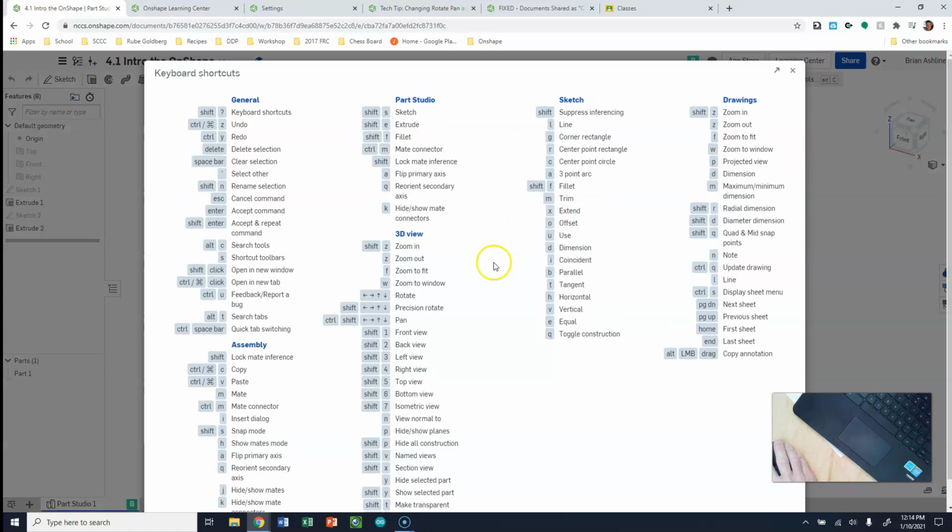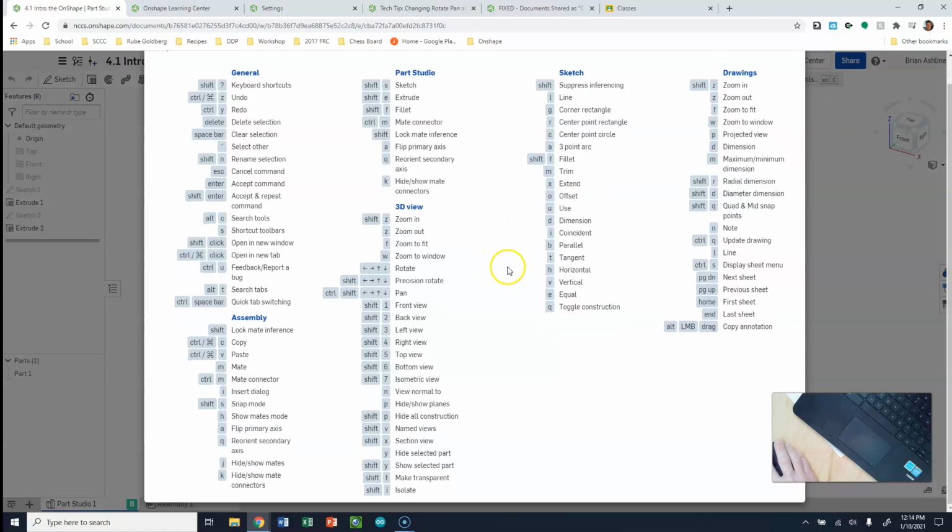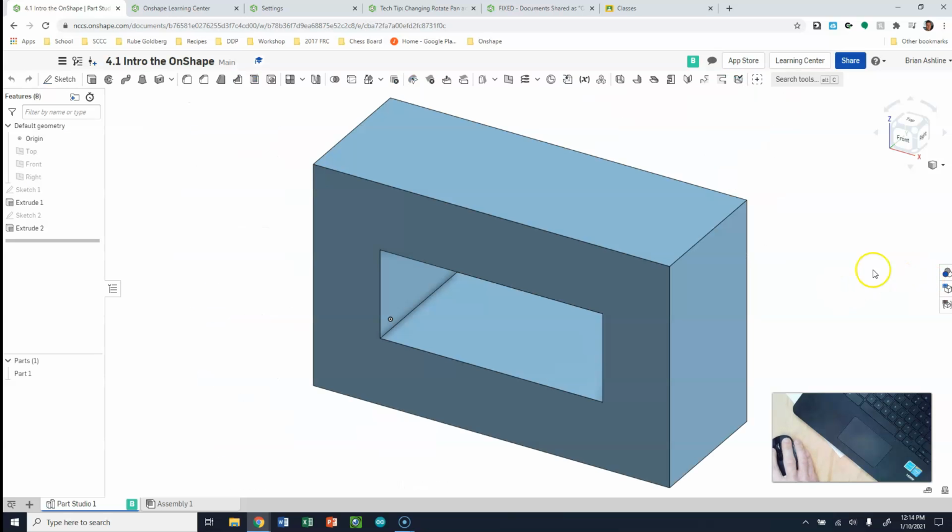Keyboard shortcuts. This is a huge list of shortcuts, and I don't expect you guys to memorize all these things. However, it is going to be pretty helpful, especially for your views. So our views are down here. And when we take a look at this, we can say Shift 1 for a front view, Shift 2 for a back view, Shift 4 for a right view, Shift 5 for a top view, and Shift 7 for an isometric view. So realistically, Shift 7 is the one that I would probably use the most personally,